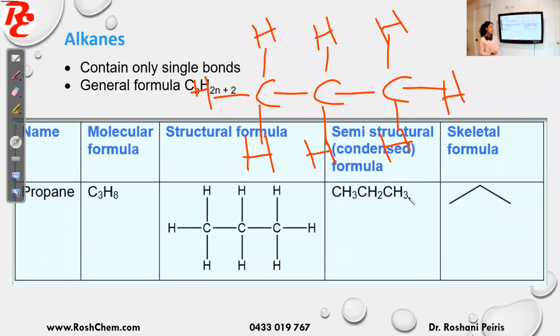And then the skeletal formula. So in the skeletal formula, I don't show the carbons or the hydrogens on them. I just draw lines in a zigzag pattern to represent the molecule, right? So in here, this is the skeletal structure of propane. So that's a carbon atom, that's the first carbon. This is the second carbon, third carbon. So draw lines in a zigzag pattern like that.